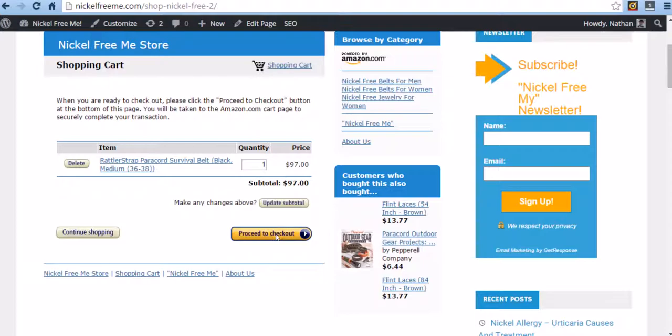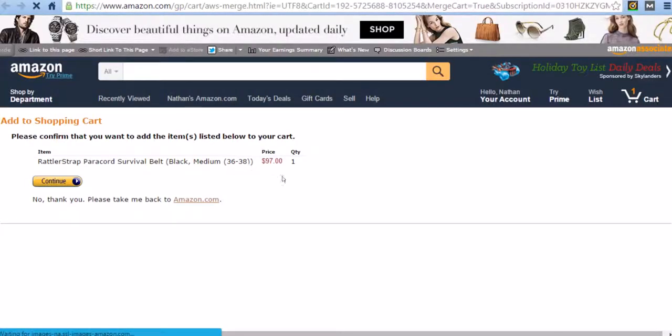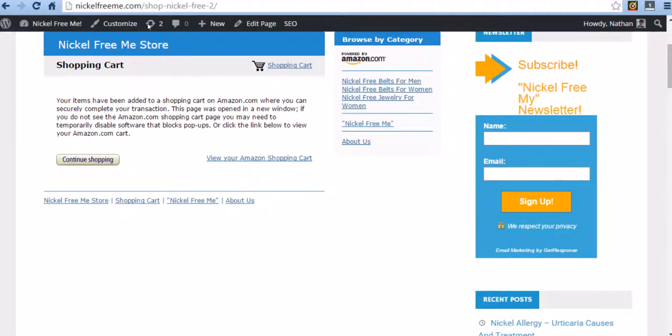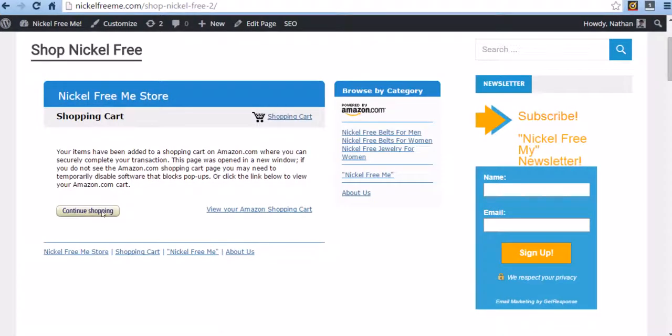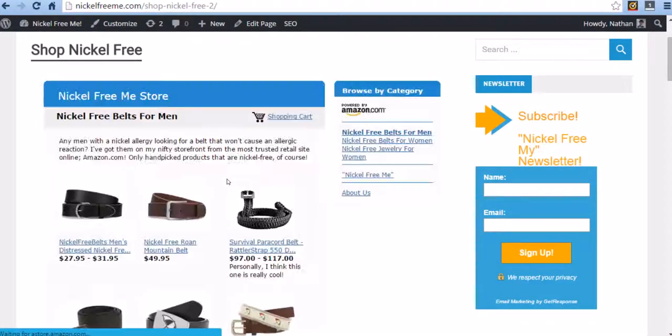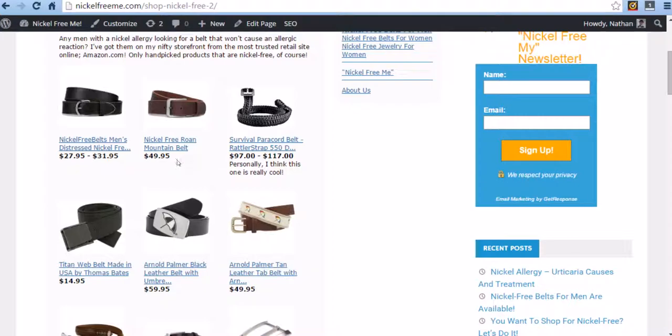And then when they actually proceed to checkout, it's going to take them through Amazon, and then it's going to give them the price and everything. So it's actually an Amazon store that they just allow you to code things and put it up onto your website. As far as promoting Amazon products, it's a great way to go if you promote things that are usually about $50 or more,